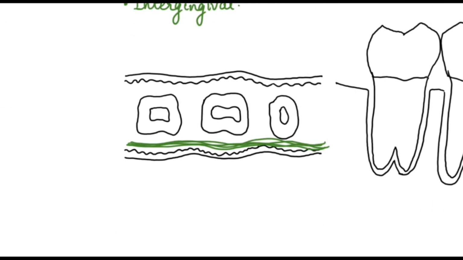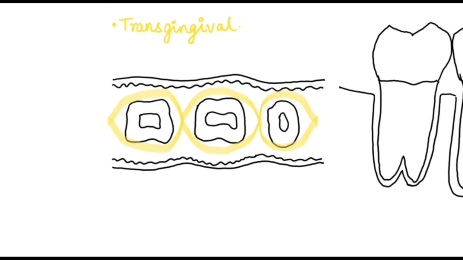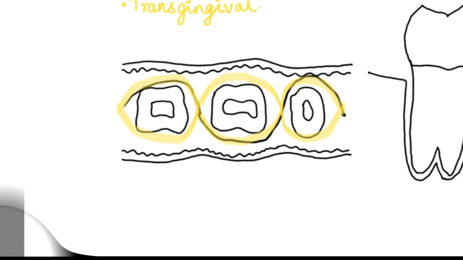The next group is your intergingival fibers. So we've done interpapillary, then we did intercircular, now it's intergingival. The intergingival group of fibers are originating in the attached gingiva itself and they course mesiodistally in the gingiva itself. So they are known as intergingival group of fibers. The next one is transgingival. The transgingival group of fibers intertwine between and around the teeth. So this is their course where they are coming like this, they cross over here and they go like this. So they are intertwining between and around the tooth.